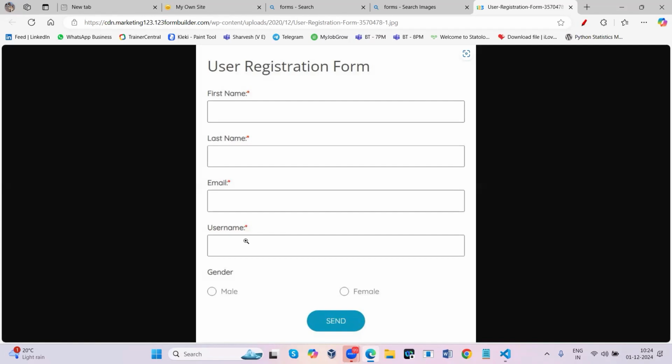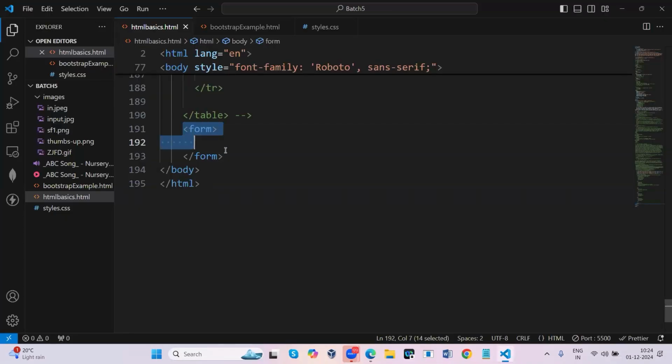So all the fields are developed with the help of the input tag only. In that input tag, there is an attribute called type, and the values will be different based on your categories. Okay, so we'll see one by one. So first, make use of a form tag, and inside this form tag, let's create